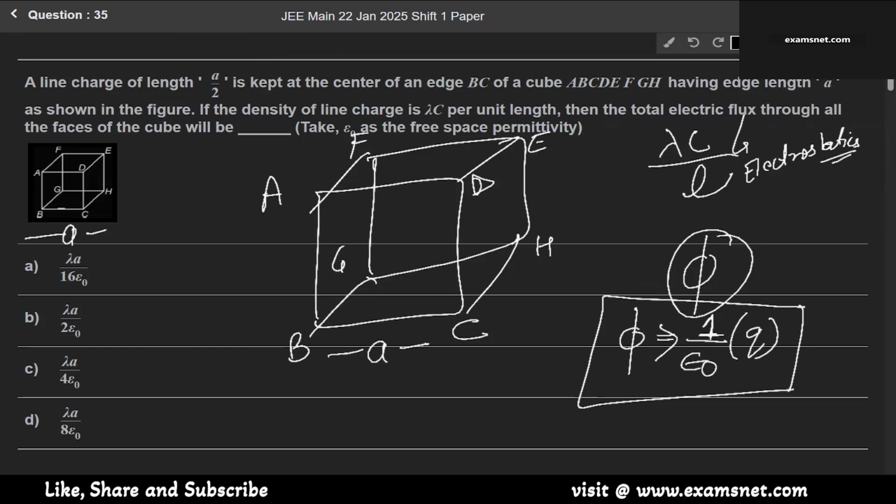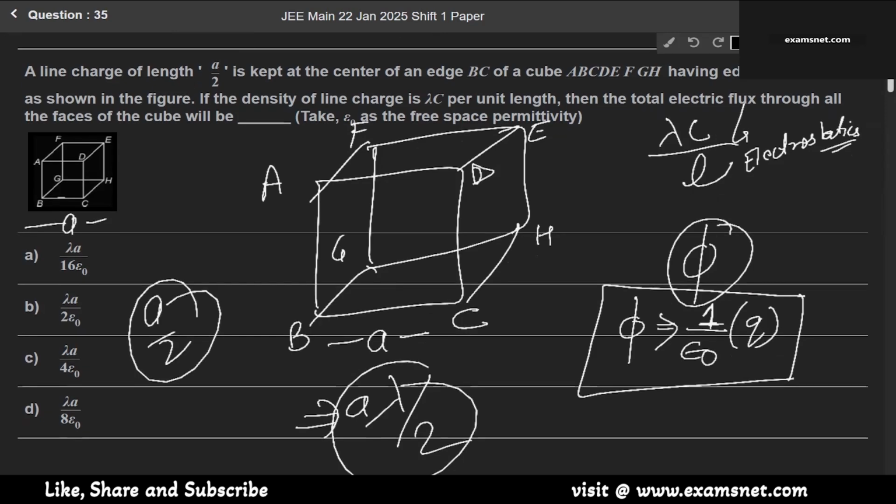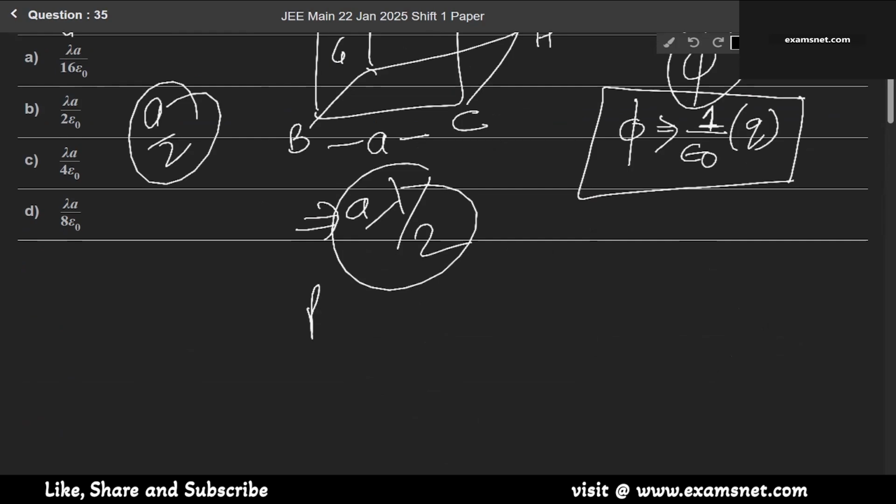We are given a line charge density of lambda C per unit length. So what will the charge of the line charge be? If lambda C per unit length is the line charge density, then the charge of the line charge will be equal to a lambda by 2. The line charge has a length of a by 2, that's why we have written a lambda by 2. Now the portion of the wire inside the cube